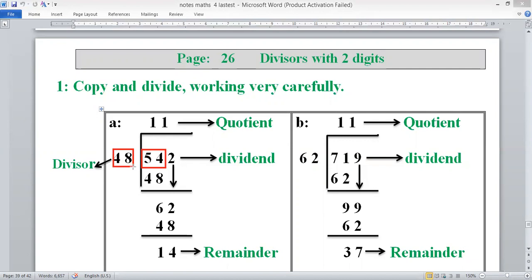So first of all, we multiply a number by 48. We must get a number that is very close to 54. So for this purpose,